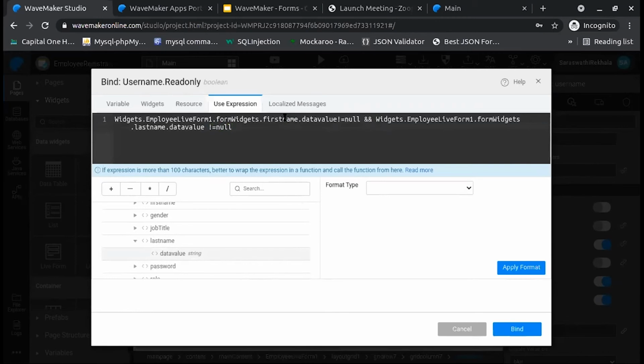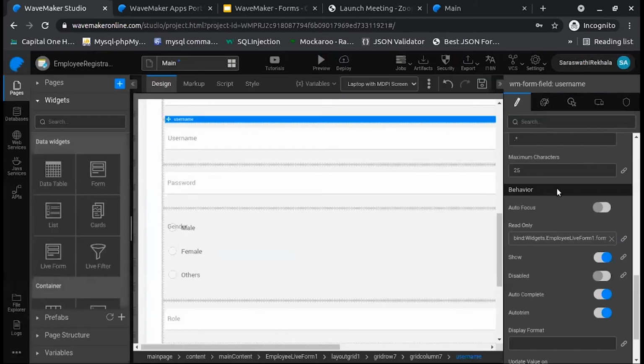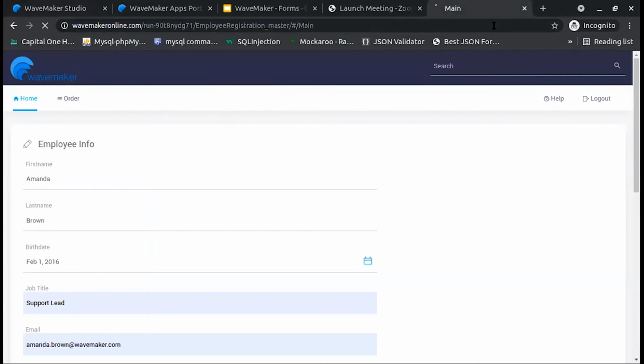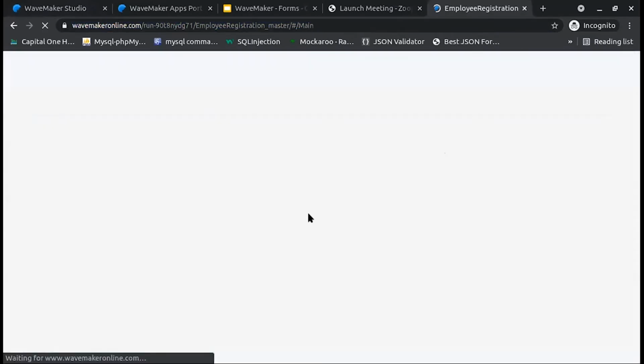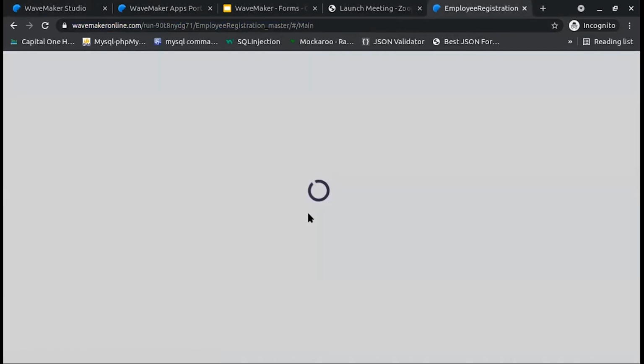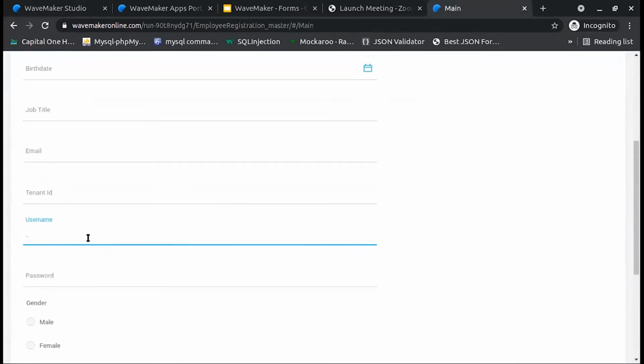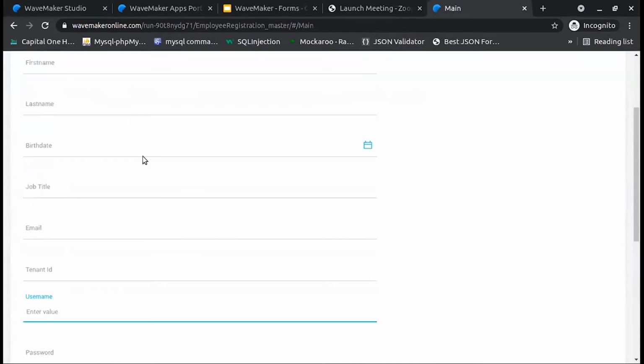If I do not have a first name, then I should ask the user to fill the username field. That's why I am binding this one. Now let's see in preview how the interaction between the widgets is happening. As you see here, the first name is not yet filled. Okay. So now I will apply.